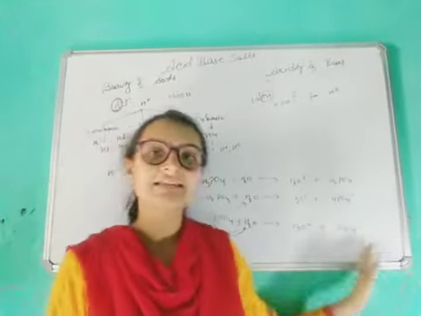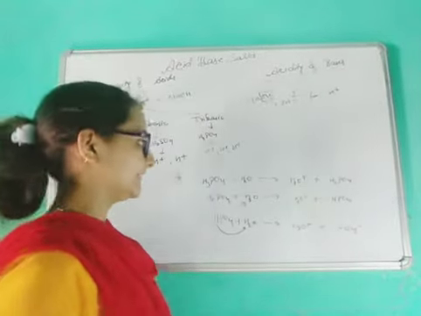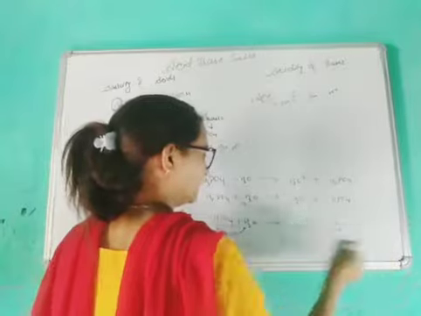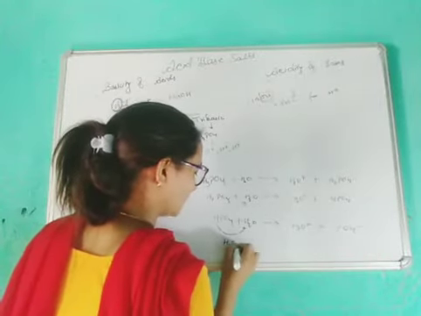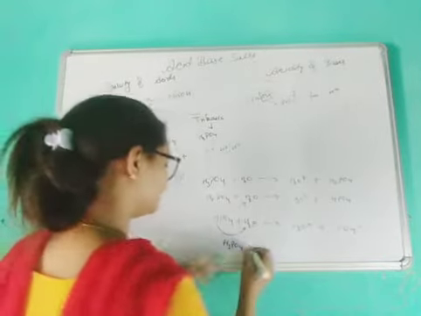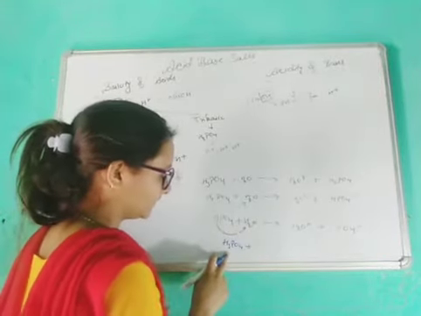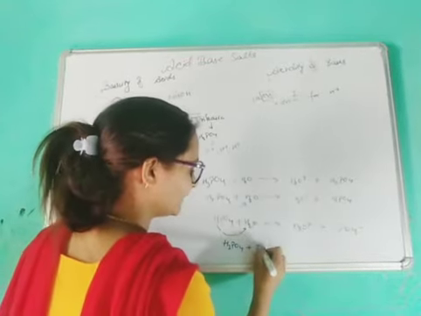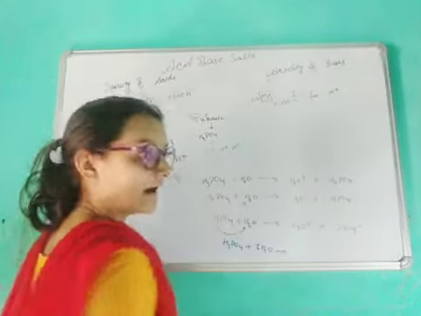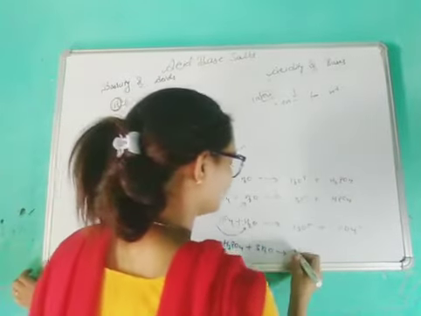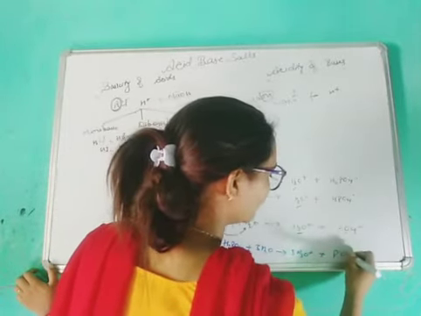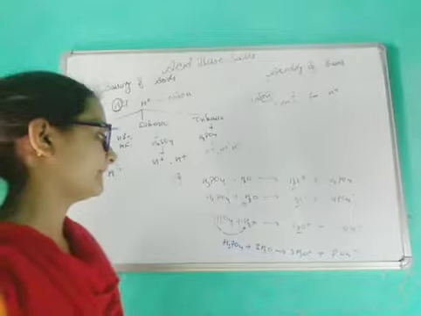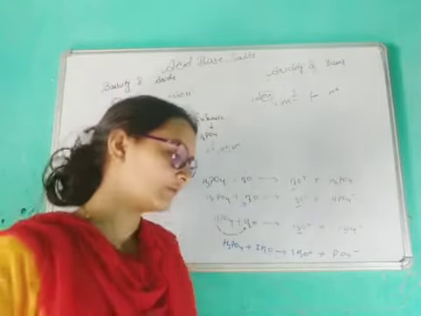So it happens in 3 steps. If you take the net reaction, you can take it as H3PO4. Now we know that we have three hydrogens, so we can write directly 3H2O, because there will be 3 hydronium ions. So it will form 3 H3O positive, 1, 2, 3, and lastly PO4 negative. I hope you get it.